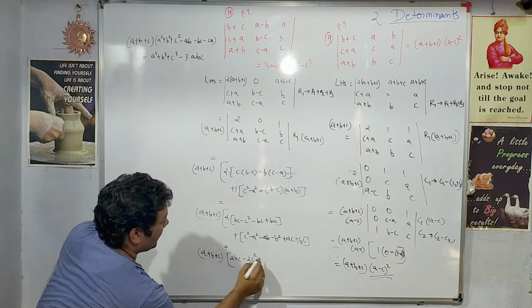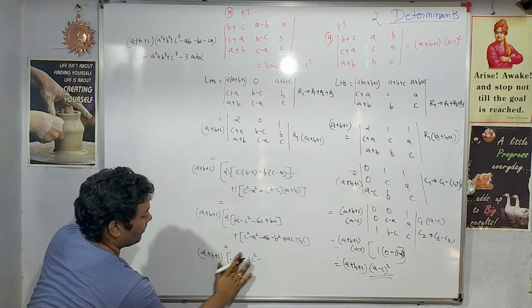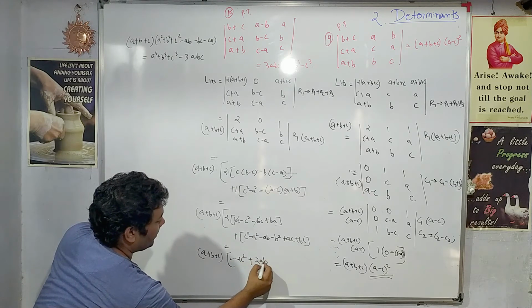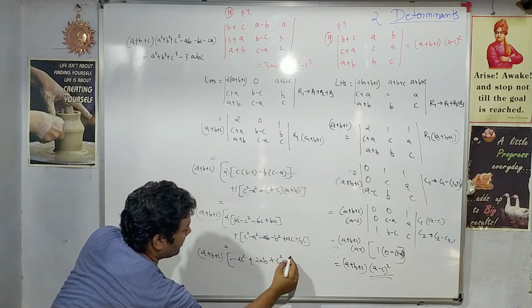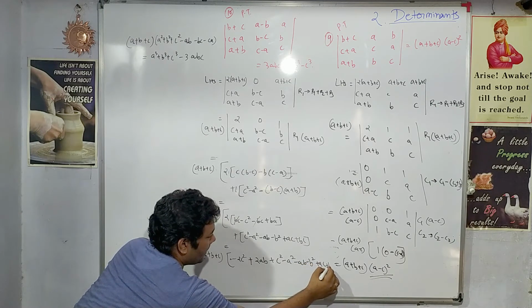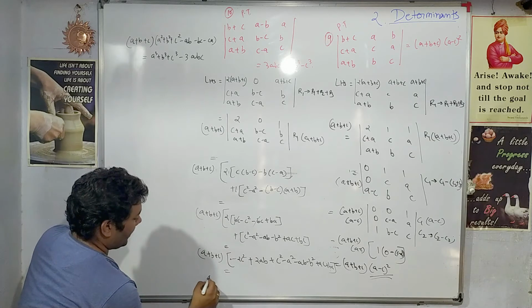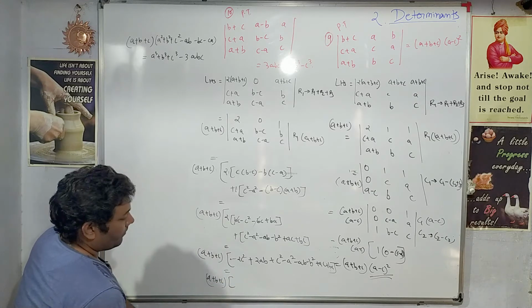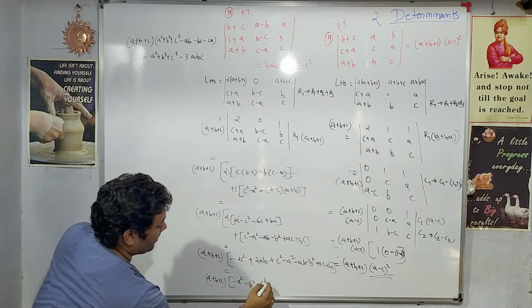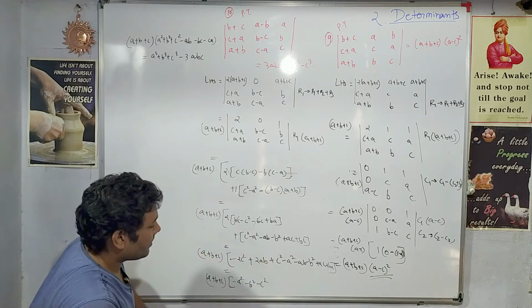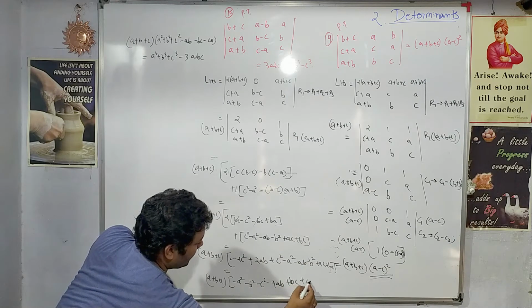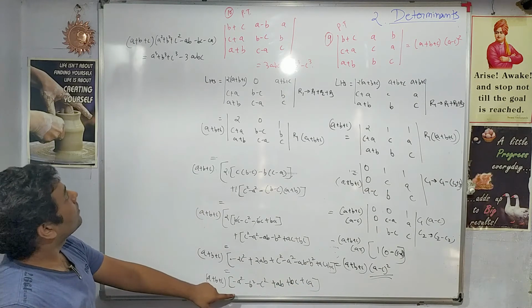2bc minus 2c square, bc and bc this gets cancelled, so 0. So minus 2c square plus 2ab, here plus c square minus a square, right, minus ab minus b square plus ac and plus bc. So I have the answer. First minus a square, then minus b square, then c square minus c square, right? Plus 2ab and minus ab will give me plus ab, then plus bc and then plus ca, correct? Right?